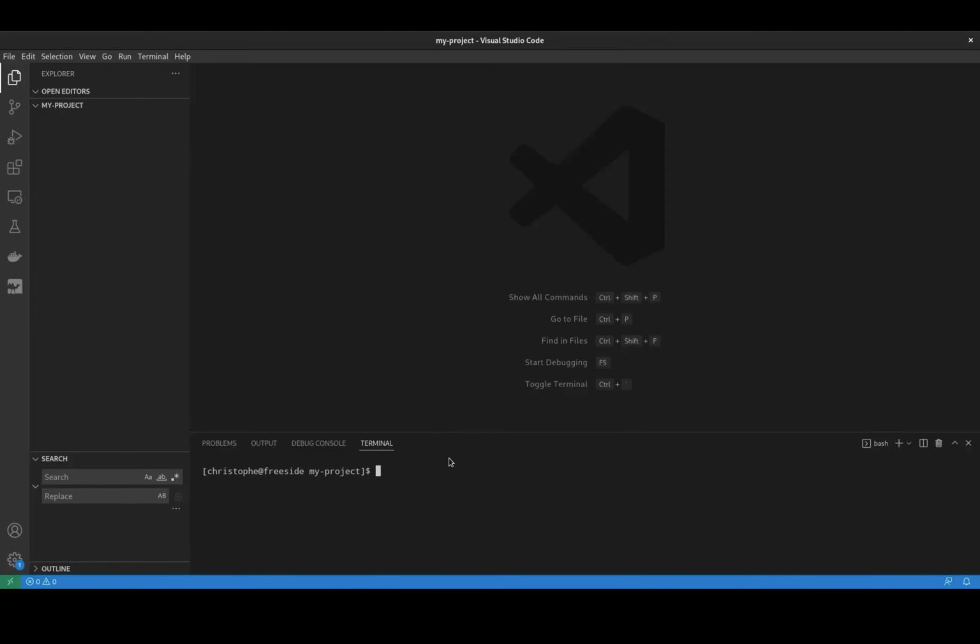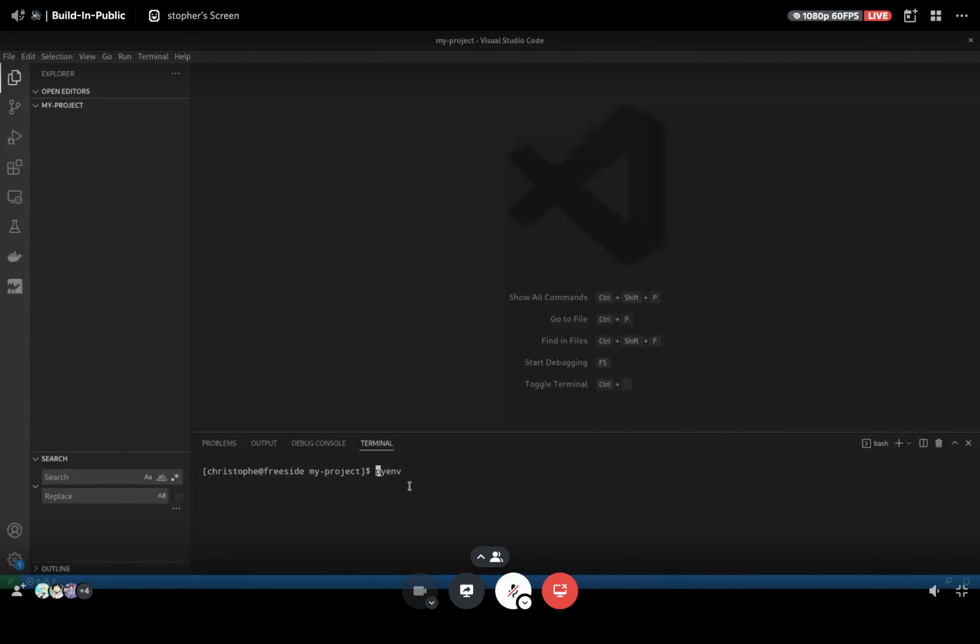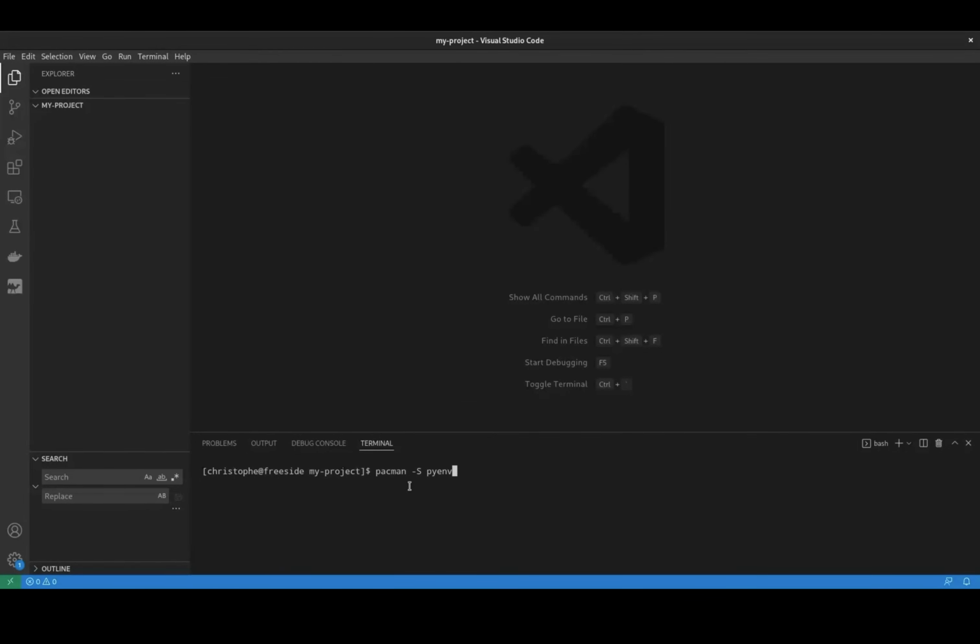I'll also be using pipenv instead of virtualenv this time. The first thing you want to do is install Pyenv. How to install Pyenv is going to vary depending on your OS. In my case, I install it using the Arch Linux package manager, but if you're using Mac OS, you can install it with brew. What Pyenv does is it allows pipenv to install different versions of Python automatically, depending on your requirements. So once you have Pyenv installed,